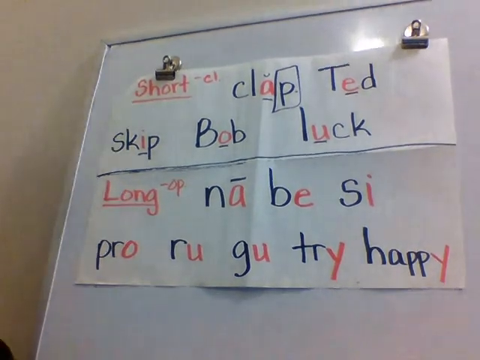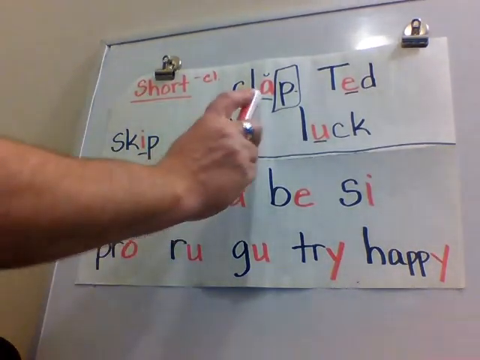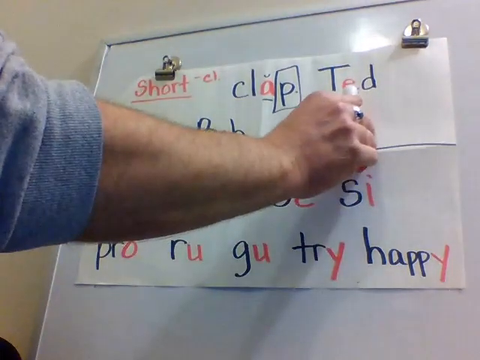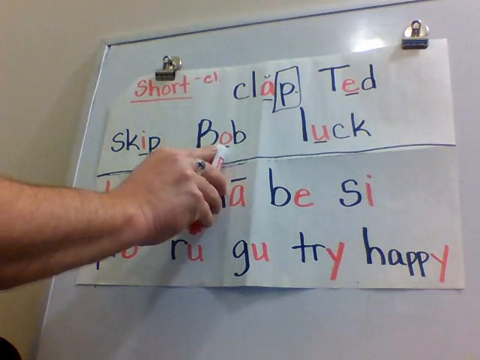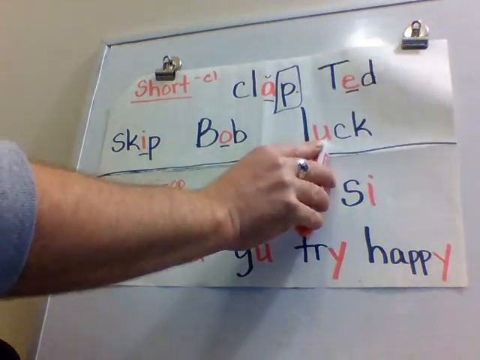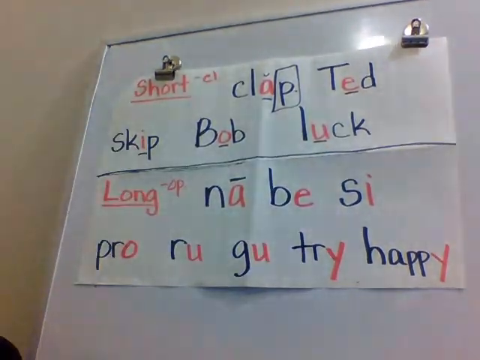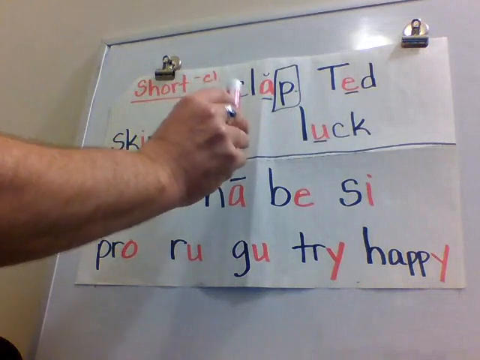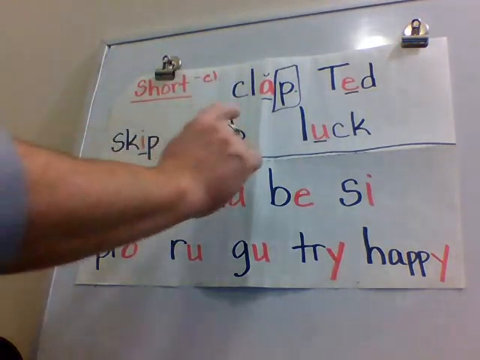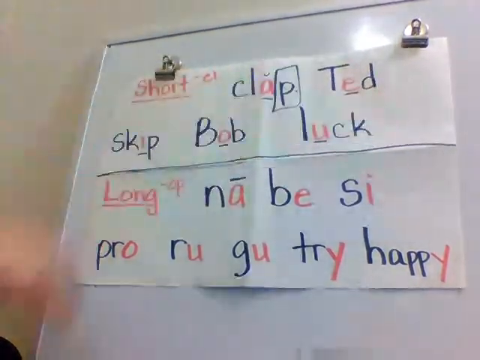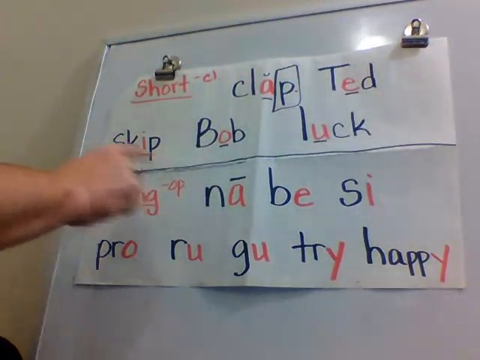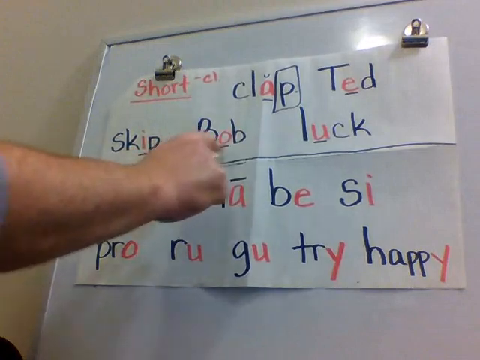Say the short vowel sounds with me. Short A says a, short E says eh, short I says i, short O says ah, short U says uh. Now let's read the whole word with the short vowel sound. Again, sound out as you need to. Please do this with me. Clap, ted, skip, bob,